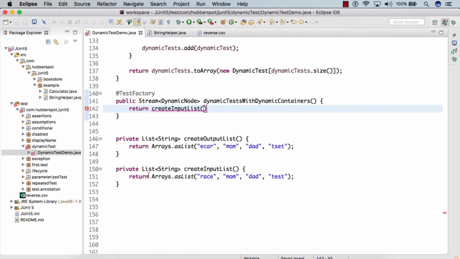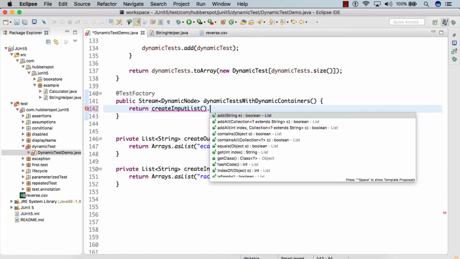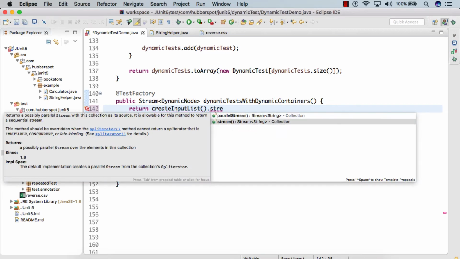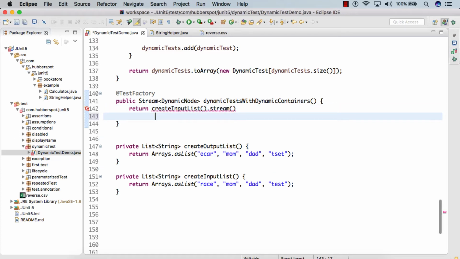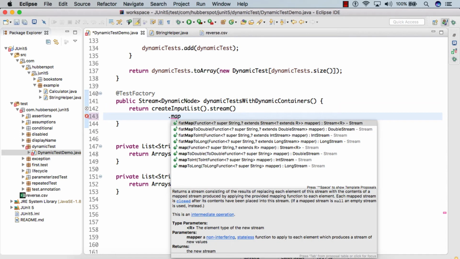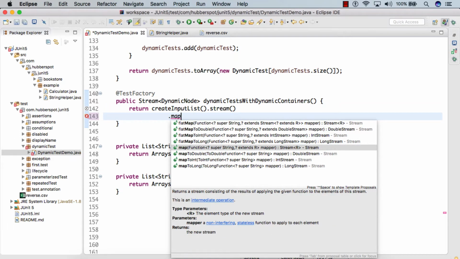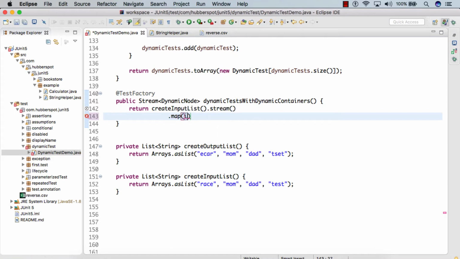It will return us a list of string. Here we create a stream out of it, and as soon as we get hold of the stream, we use the map method, and let's say for each and every input, race, mom, dad and test, we are mapping this input to a dynamic container.